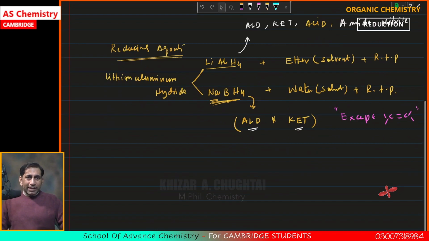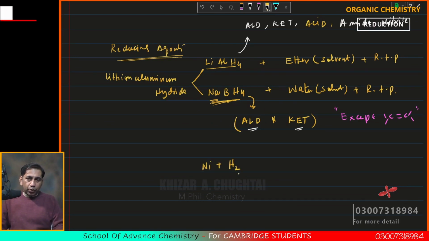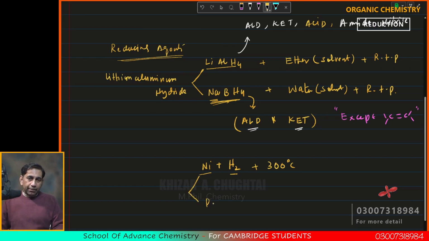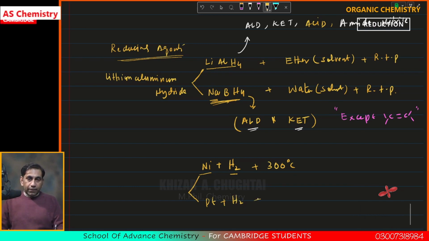Okay. Now there is a next group of reducing agents. One is nickel, plus we use the reagent hydrogen. Here this hydrogen is going to be used as a reagent. And what is nickel? Nickel is a catalyst, a condition. For temperature we are going to use 300 or more than 300 degrees Celsius. Same is the case for the second one, platinum, the catalyst; the reagent is hydrogen, and the condition is